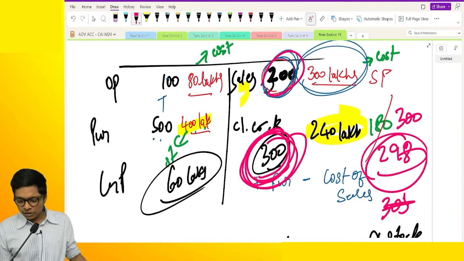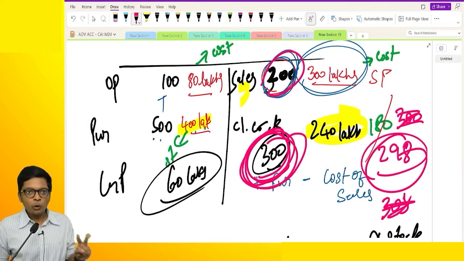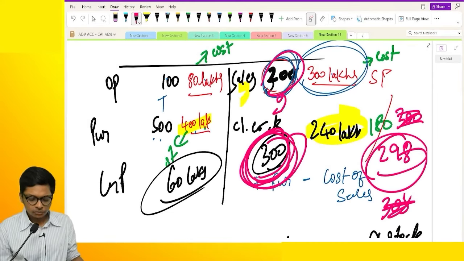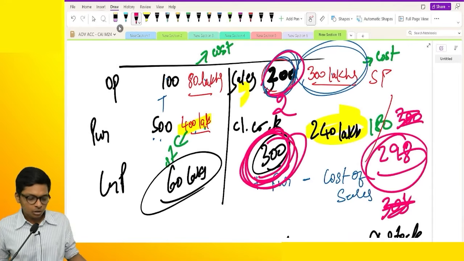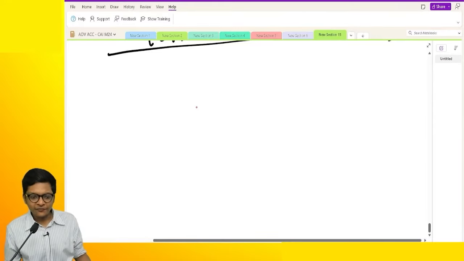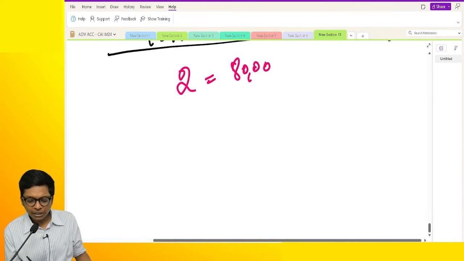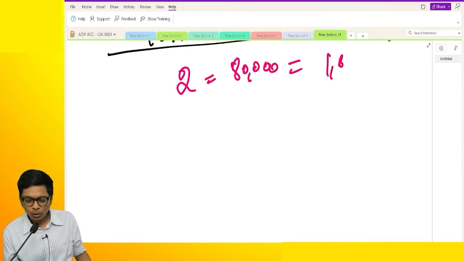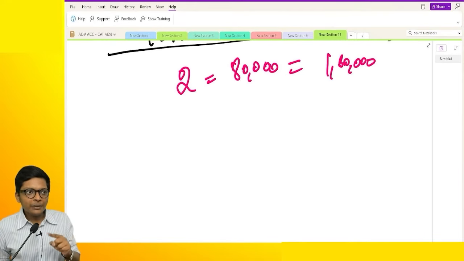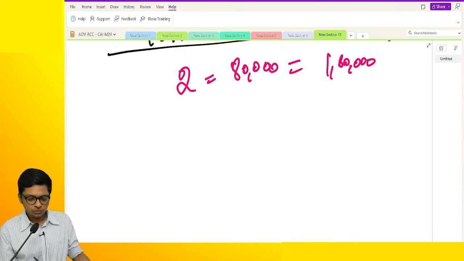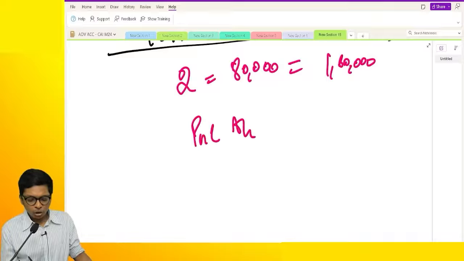Let's say I found the stock to be 298. How much loss? Where will that loss come? That loss will go to the P&L account. So what is the entry for loss here? How many iPhones are lost? Each iPhone is 80,000. So total loss. What entry will I pass for this? Loss, not debit to P&L. Is it normal loss or abnormal loss? So P&L account debit